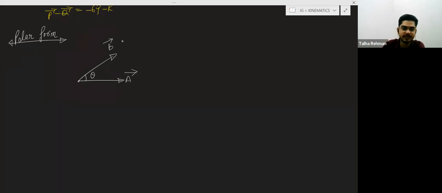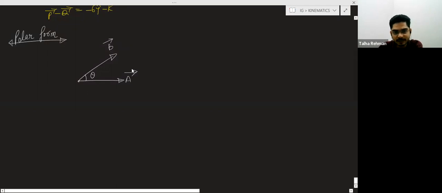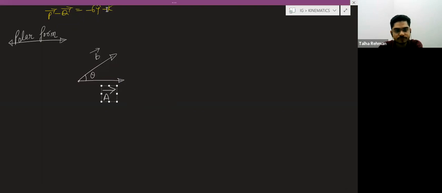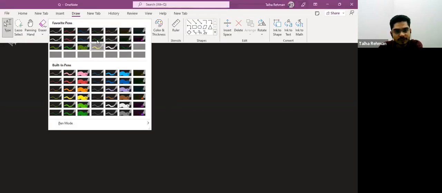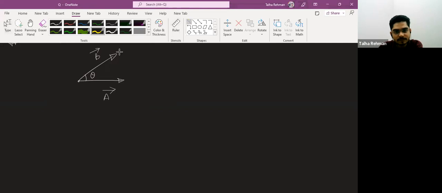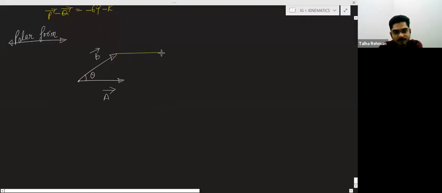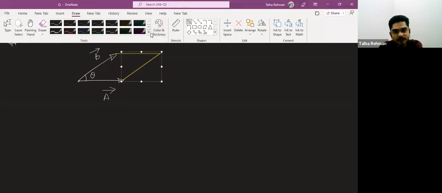Parallelogram law of vector addition. So basically in that what we do, suppose these are two vectors. This is your A vector and this is your B vector. First we draw a line parallel to this A vector and another line parallel to the B vector like this, and the resultant of the two vectors is given by